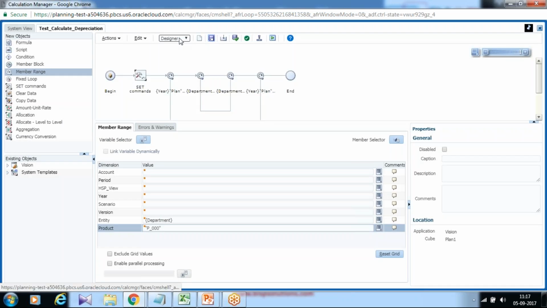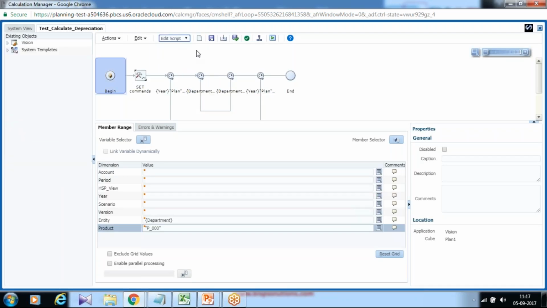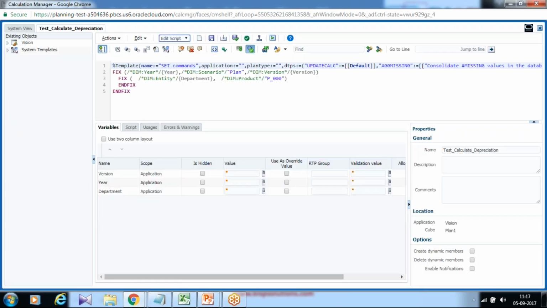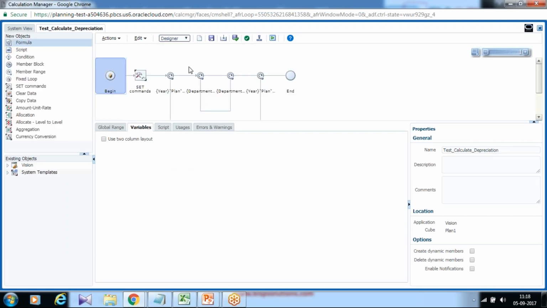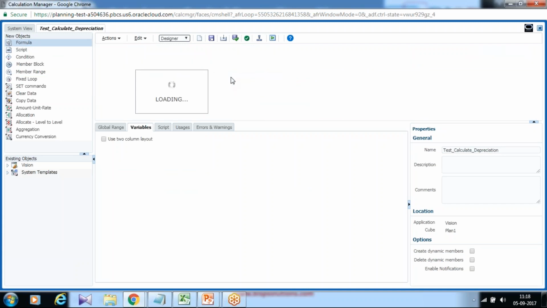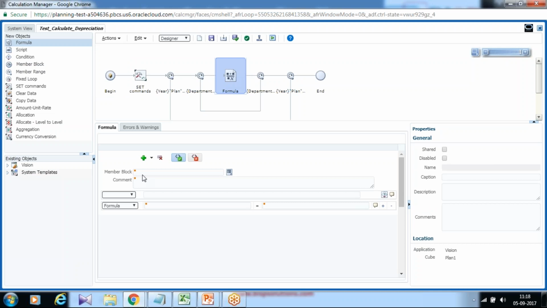Let's move to edit mode and make sure the fixed expression is applied as we wanted. The nested fixed expression is applied, and the ones which you see under curly braces are variables. Go back to designer mode. Now I write the formula for straight line depreciation. Drag and add a formula over here and put it within your fixed expression. So the formula window appears. On the left side you define the destination, on the right side you define the source.